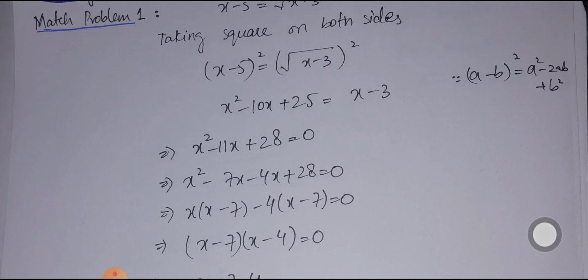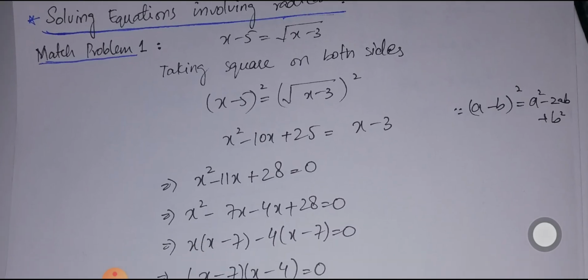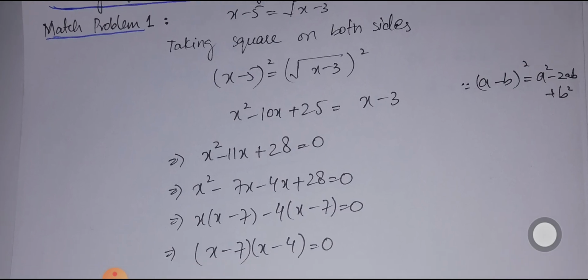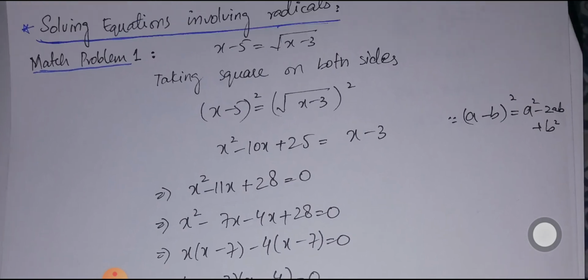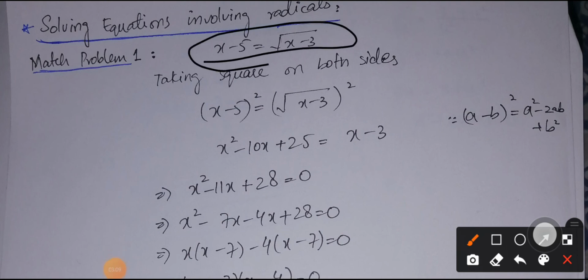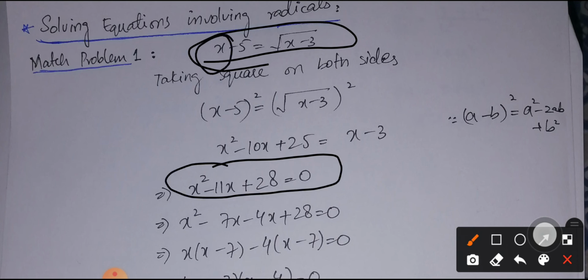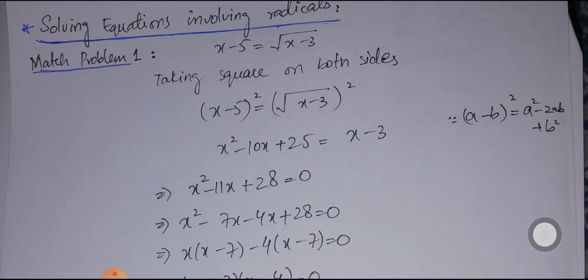But make sure that the given equation was not a quadratic equation. We made this equation quadratic by our choice. So we have to check whether the original equation is going to be satisfied for both values, for only one value, or for no value, because the quadratic equation is going to have two roots, but this original equation must have a single root. So we need to check whether the solutions of the transformed quadratic equation are solutions of the original equation as well or not.